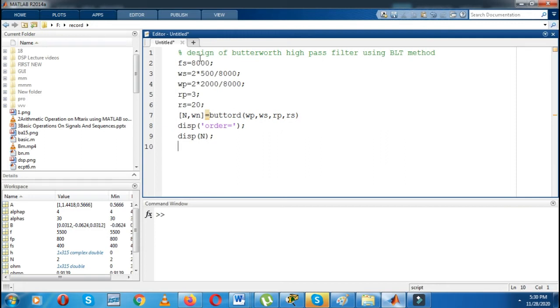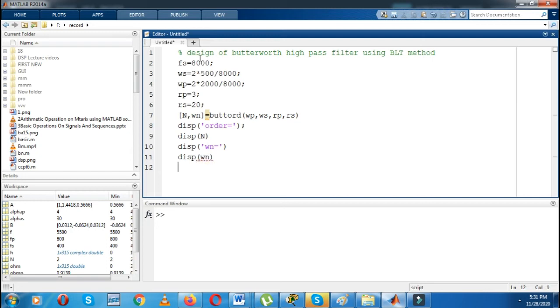Then finally again you can write disp, bracket, in single inverted commas, the value of Wn equal to, and again I will display that value.